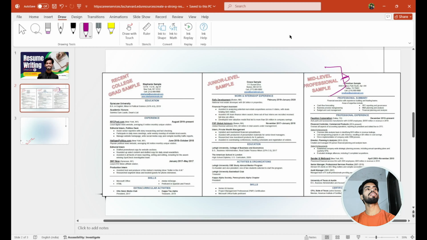ठीक है। So under that the basic details are same, ठीक है। आप नाम लिखो, अपना एड्रेस लिखो if you want, then your phone number, email ID and the LinkedIn profile is very important, ठीक है। Address is something which you can avoid for now, ठीक है, because that is not something that is to be asked in latest ATS friendly softwares, ठीक है, they analyze it, and that is not much relevant to the person who is seeing your applicant form. So that's why we need to avoid it for now, ठीक है।